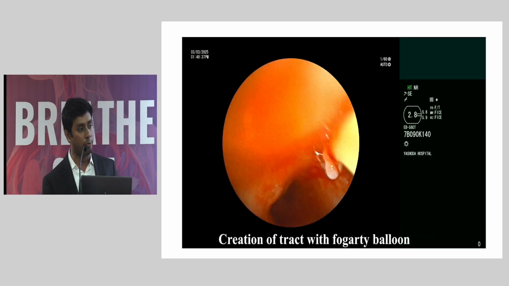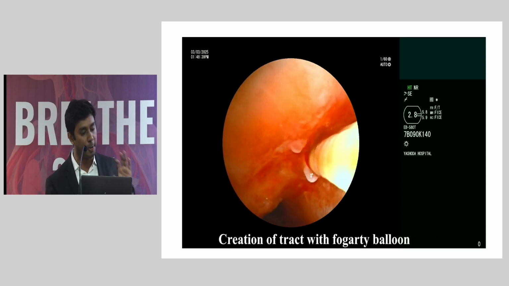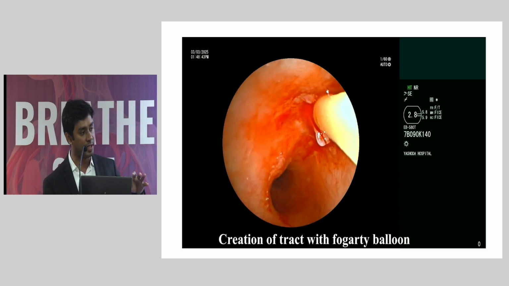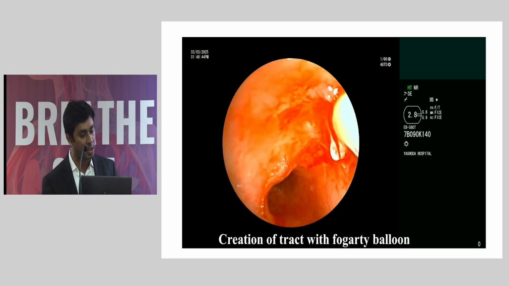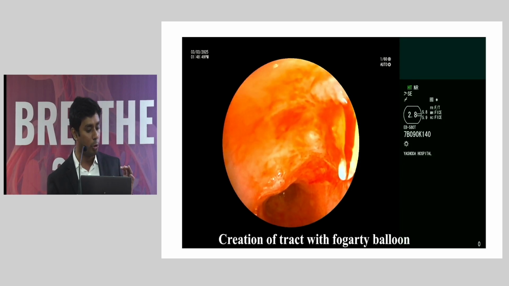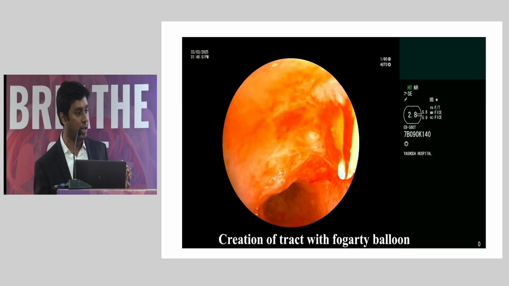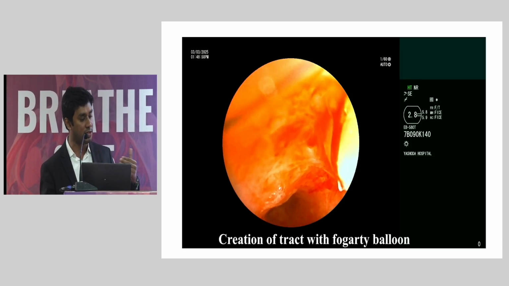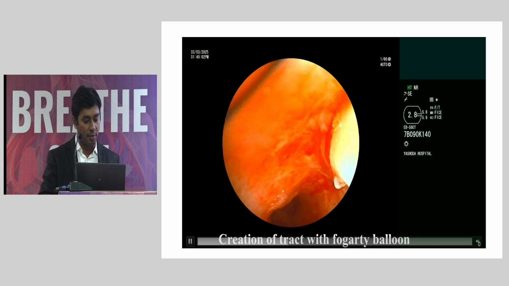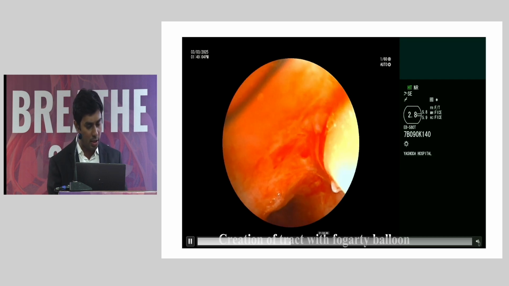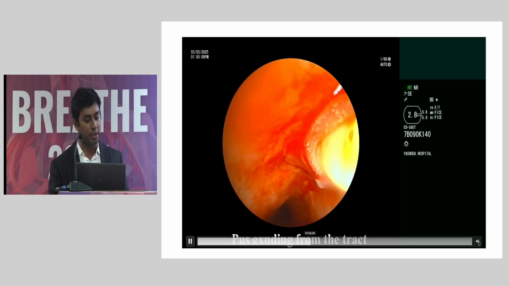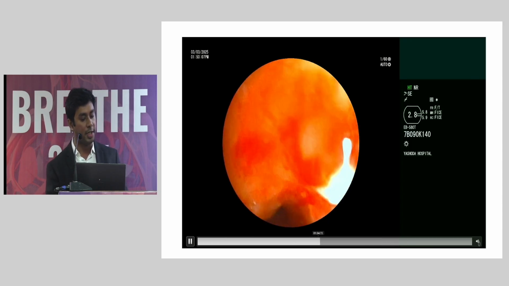So what we are doing in this case is trying to open up the right upper lobe, because we know that the distal lung is viable, as there is a certain amount of aeration in the distal lung. Initially we are passing the Fogarty balloon to open up this airway. And now you will see that as we open up the airway, the pus contained in the distal airway starts coming out. We are using this Fogarty balloon. These are technically challenging cases because they take a lot of time. What we are showing is a 2 or 3 minute video, but generally it takes hours in the OT.